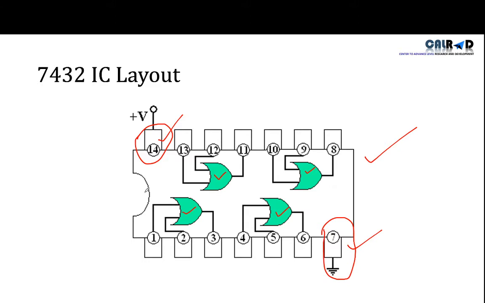Because we will be using only one OR gate, we will be using this first OR gate. Here, pin 1 will be used for input, pin 2 will also be used for input, and the output can be measured from pin 3. So our LED will be connected with pin 3 for the output, and our 2 jumper wires will be connected with pins 1 and 2 so that we can provide them inputs.